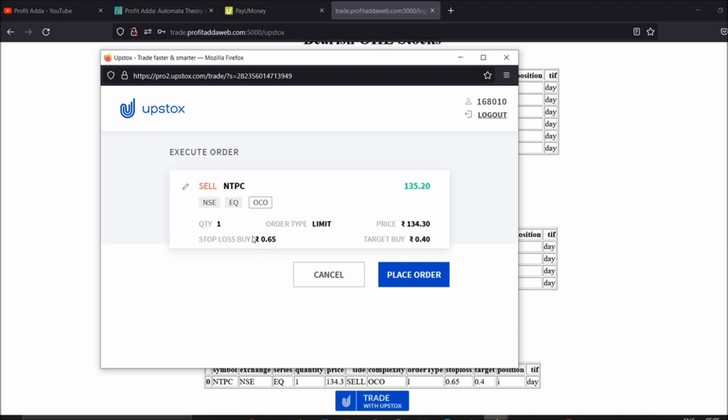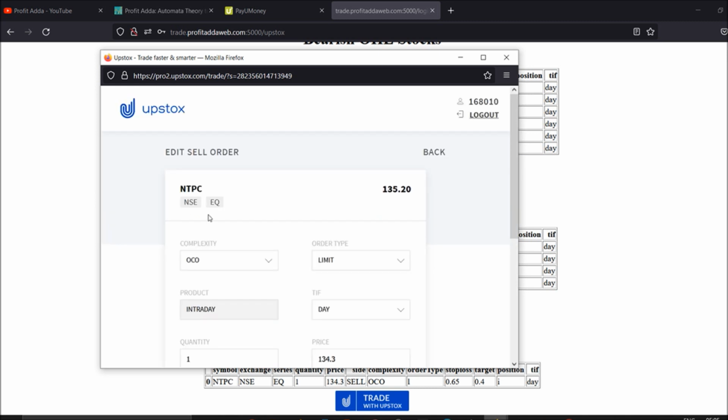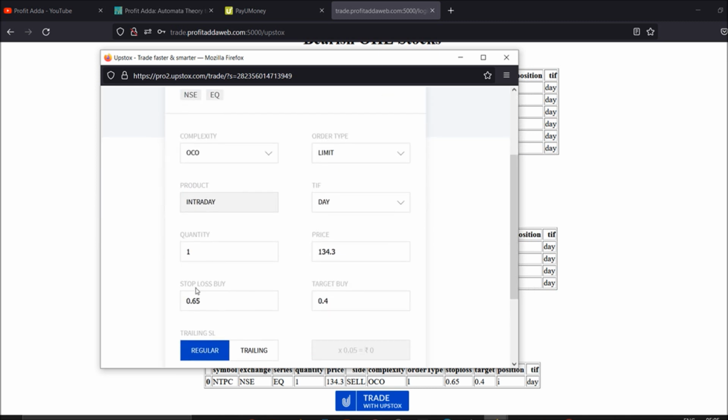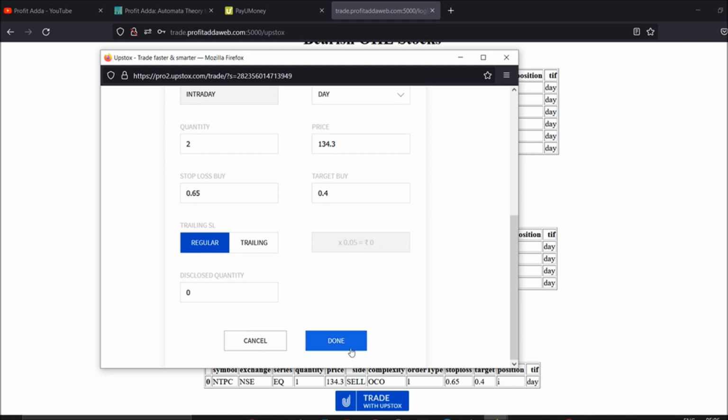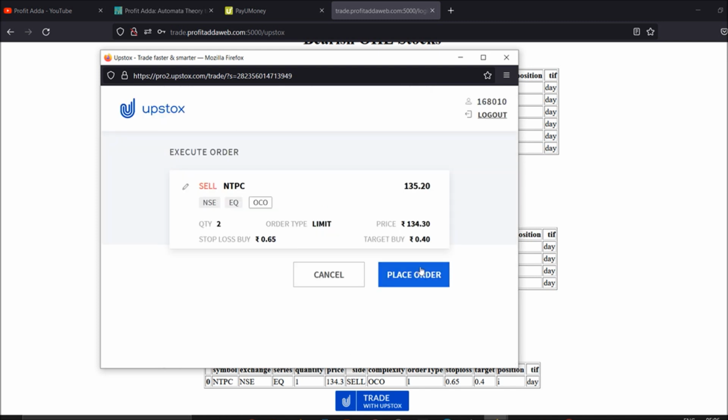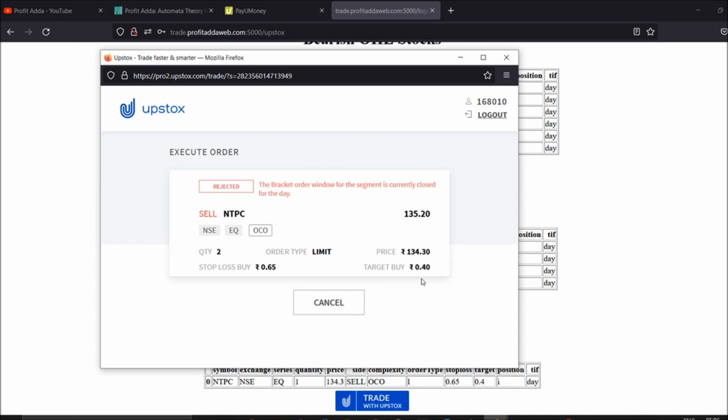So just get with these things. If you're already logged in, you will get this. Just place the order. Otherwise you can modify the quantity if you want, say 2 quantity or 5 quantity, that can also be done. And the stop loss, you can set it with the tick size and place the order. If you want to modify, that can also be done. If you want to trail, that can also be done, just say done. After modifying, say I got quantity 2, just place the order, and if market hours are there, your order will definitely get placed.